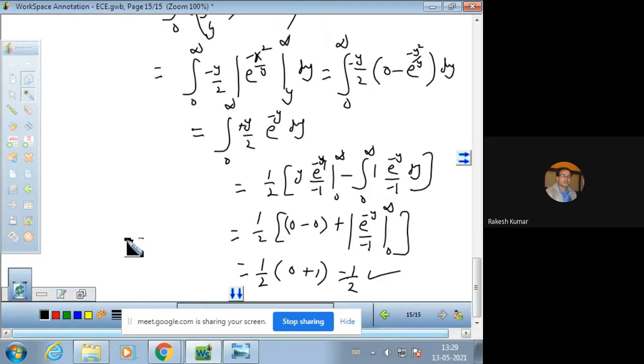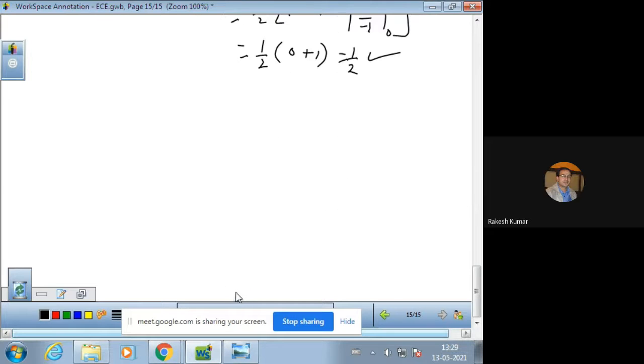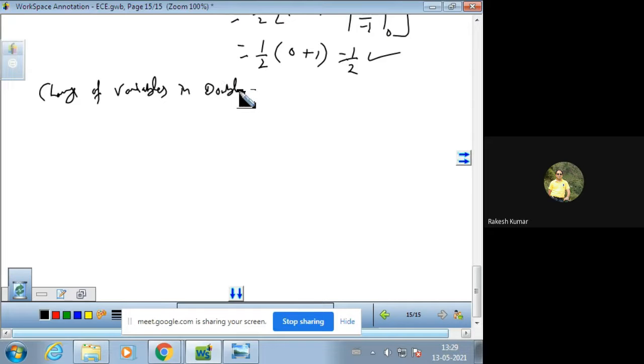Now let us move further and evaluate how you will change the variable, Cartesian variable into polar. So let us do questions related to that. That change of variable in double integration. So change of variables in double integration. Right now we will do it only for double integral, later we shall continue it with triple integration also.